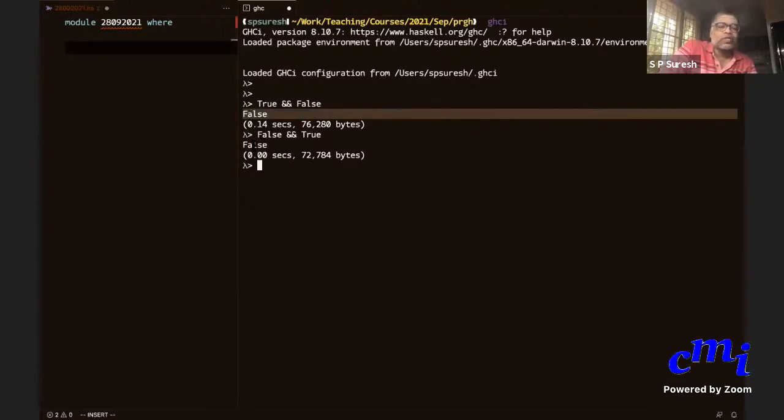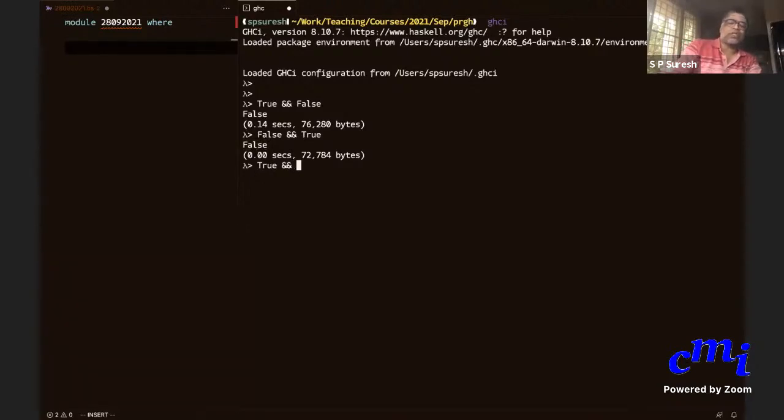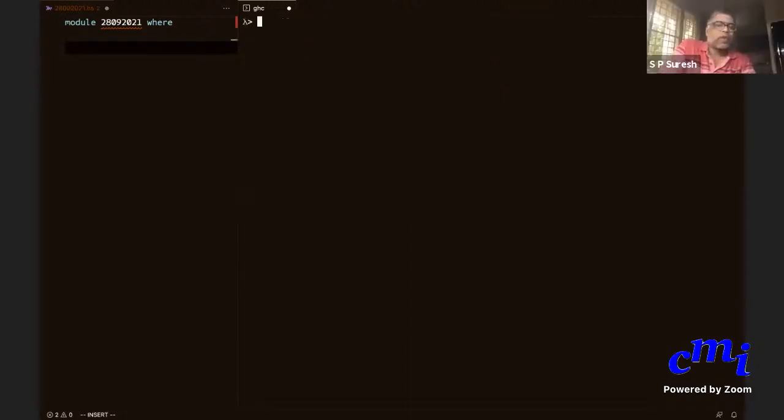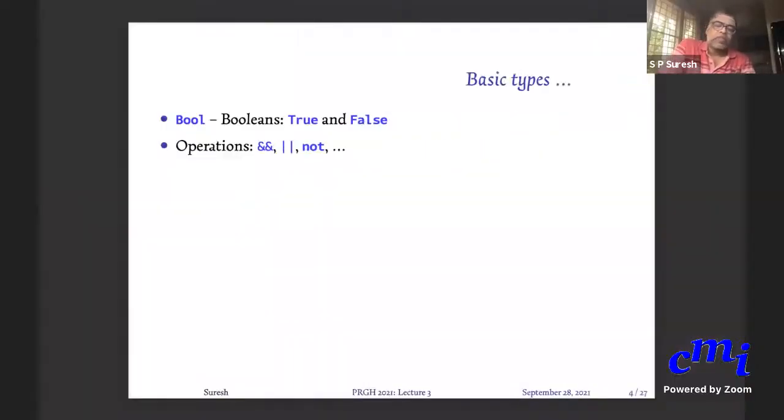You can say False and True, that will again give you False. True and True should give you True, etc. You can just check what this function does yourself. Fine. Not of True is False, and not of False is True.